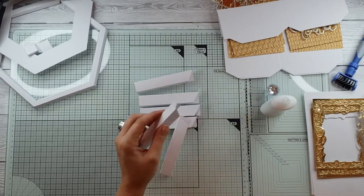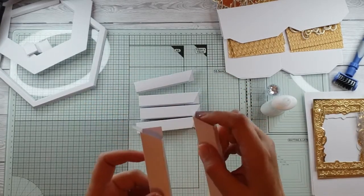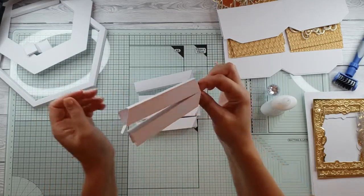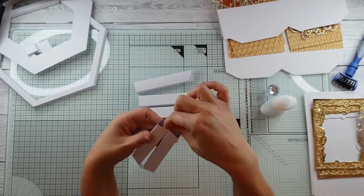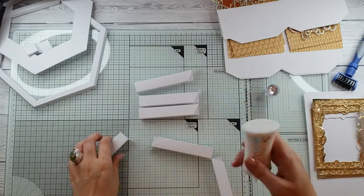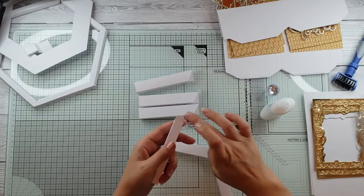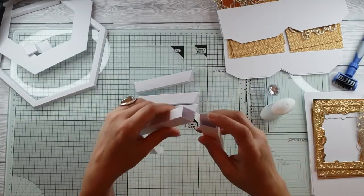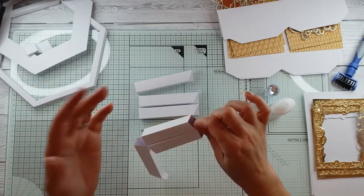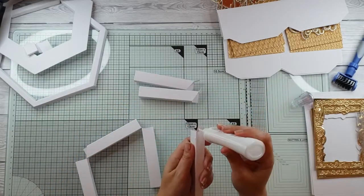So we're just going to pop some glue on our tabs, and then remember, we're putting one into the other, making sure they're all the right way round. I turn mine inside out. That's how I do mine. I give it a little pinch, and I always use wet glue. The reason is if you stick them on the wrong way round, and I've done it plenty of times, you can take it off quickly. Because if you use tape, they're going to stick to each other, and you've had it at that point. So we're just going to go round with these